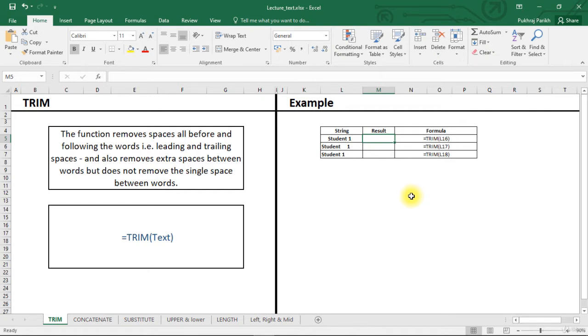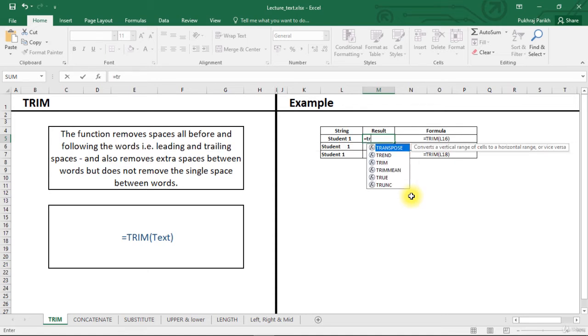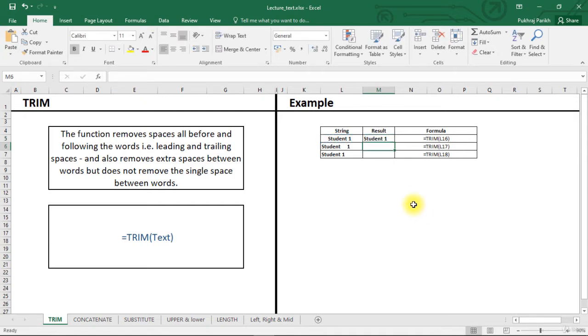Using trim function is very similar to using other mathematical formulas. First, to start the function, we have to type equal to. Then we will mention the function name, that is trim. And after that, we will mention the text string we want to correct. And press enter. You can see extra spaces are removed.